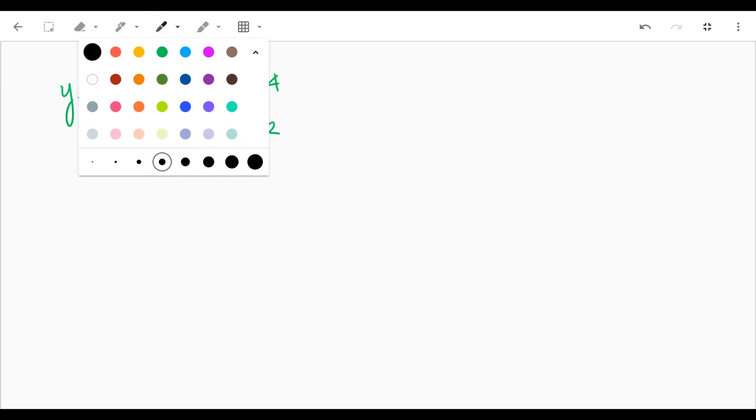A lot going on. Okay, the next one here we've got y equals 1 over x, and they want us to do y equals 2 over x minus 4. Okay, so again, that's a stretch by 2, and then we're going to move it down 4. Okay, so the original graph,